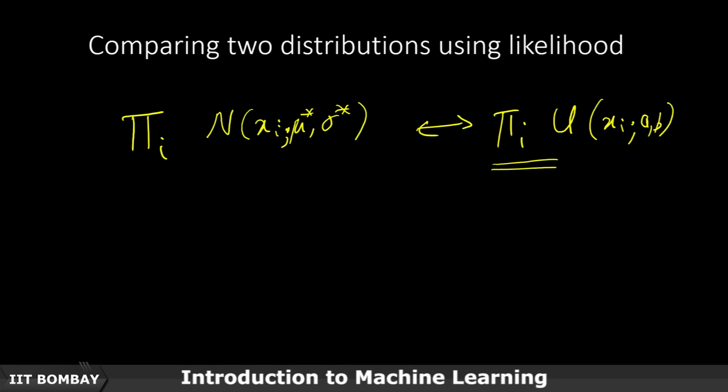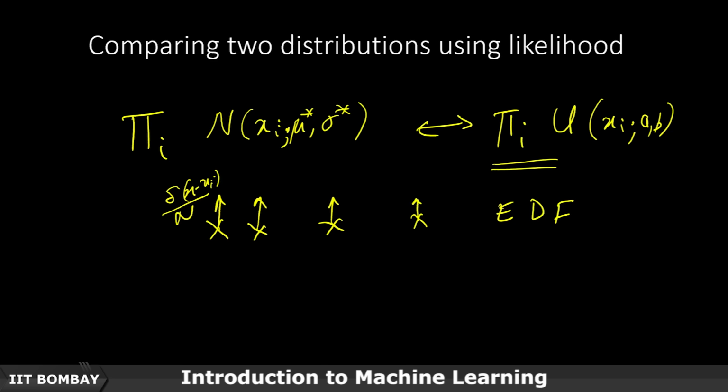But given any data sample, so let us say we are given a few data samples, the actual best fitting distribution is something called the empirical distribution function. What is the empirical distribution function? Basically I put a Dirac delta function at every sample point and divide by n. So this is the Dirac delta function, delta of x minus x_i, divided by n. What that means is that my cumulative distribution function will have jumps of 1 by n,